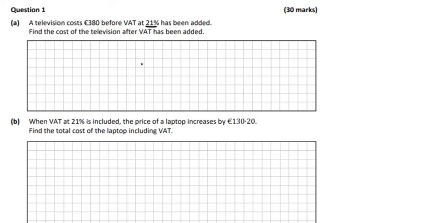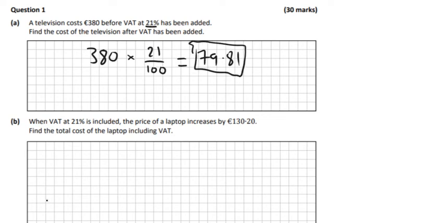There's a couple of small variations of things you could do. The one most people will do is 380 times 0.21. You can either times it by 0.21 or by 21 over 100, so either as a decimal or a fraction, and then you'll get 79.80, and that's what 21% of it is. Then you just add on the 380, and you should get the final answer 459.80,